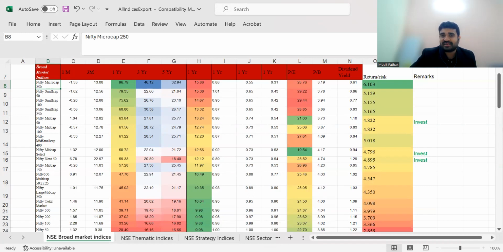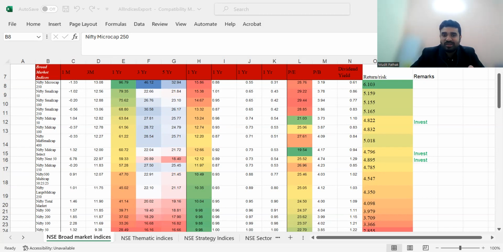So now let's go to the Nifty website, and I will show you. Nifty Micro Cap 250 index, we will go to the Nifty Micro Cap index. We will go to the NSE site and you will see how it has done. And even you can do it. It's not something that only I can do.